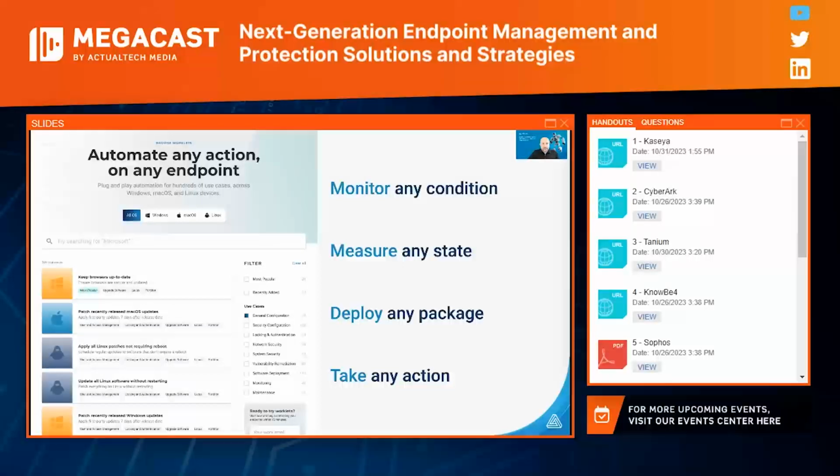Again, your ability to automate any action on any endpoint is our North Star. And you can see here, this is an example of our worklet catalog, which again is PowerShell for Windows, Bash for Mac and Linux. And these scripts are easily discoverable and easy to implement and wrap within a policy in our console.